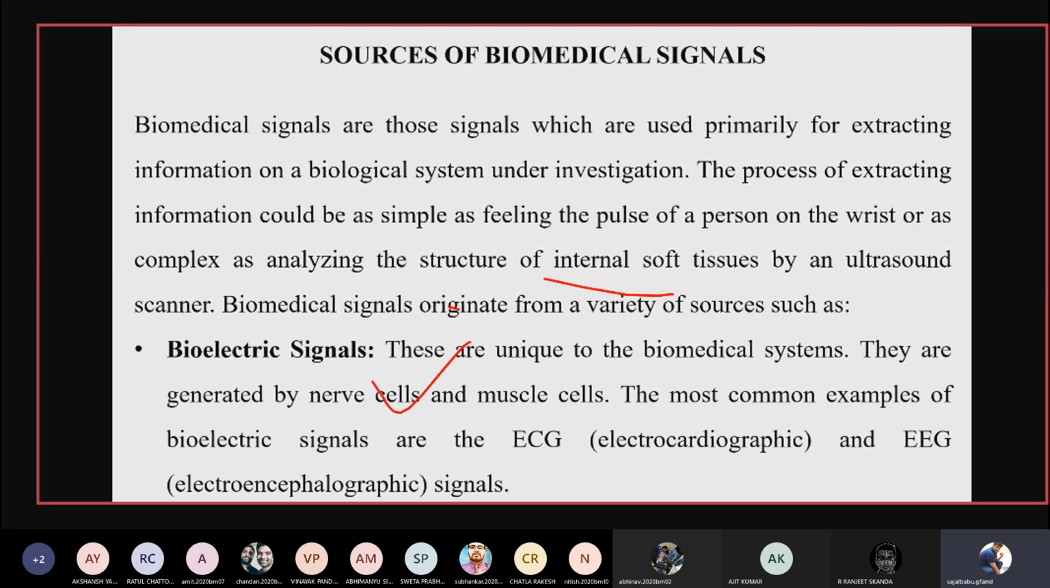Okay, that means the electrical signals that are emitted by the nerve cells, or the electrical signals that are emitted by your muscle cells. So these signals are known as bioelectric signals. And these signals are majorly used for calculating ECG, EMG, and EEG. In all these different measurement modalities, we are capturing these bioelectric signals, which are emitted by your nerve cells and muscle cells. Okay, and coming on to the next type, that is